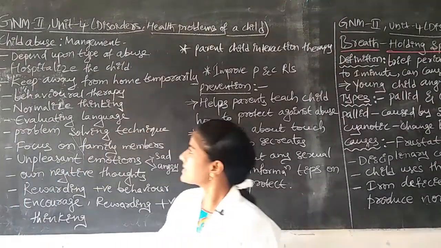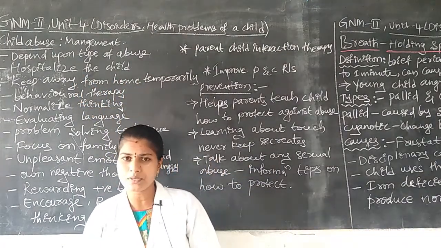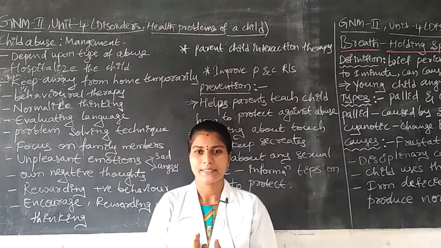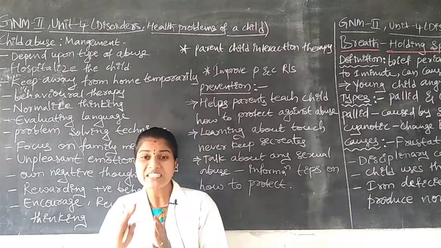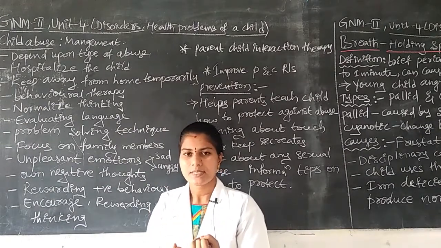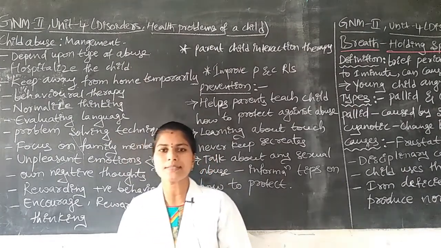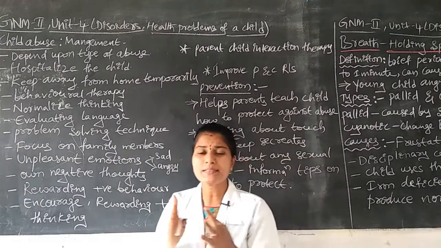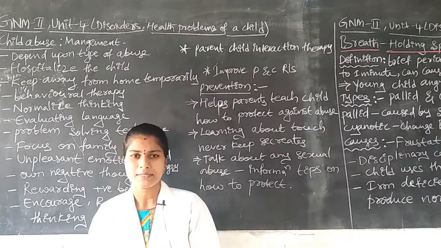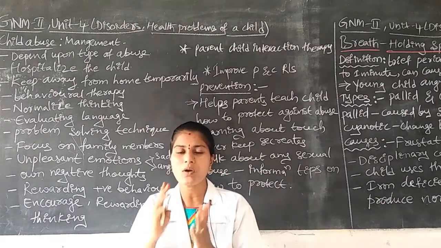The next step is to hospitalize the child. In physical abuse the child may undergo burning or beating. When the child undergoes severe physical abuse, the child may lose consciousness, breathing may be difficult, or there may be bleeding from the body parts. Like that, some injury is there in the physical parts. When the injury is severe, the child is immediately hospitalized, which means the child will be admitted to the hospital.